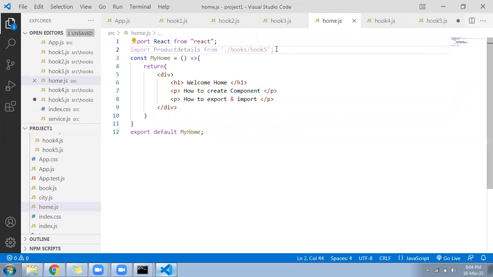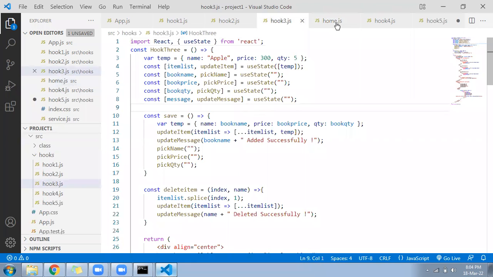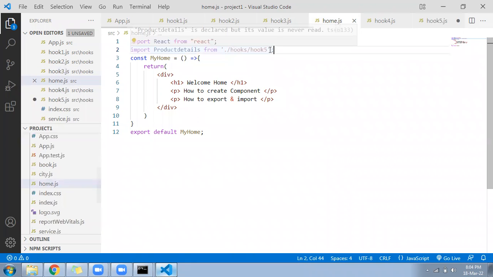So we have deleted from there and we have added in which file? Hook file. Hook 4 we have added. Hook 3 it was there, we have added. So from hook 3 we deleted that code and we added in which file? Home file. Import in the home file. And in the home file division we have here welcome home, okay. 2 paragraphs are there. Remove those paragraphs. And after that, you can write here only